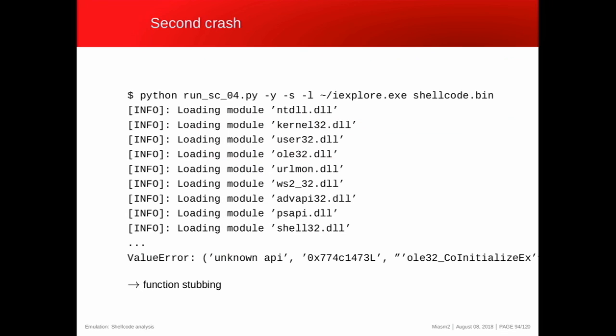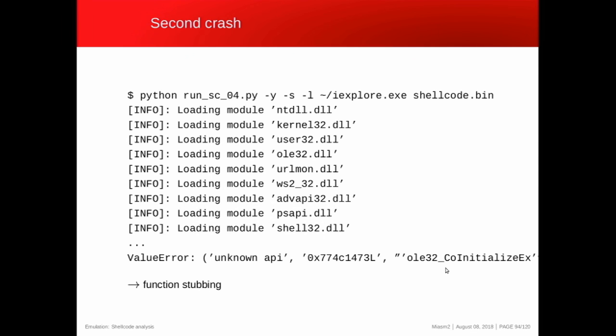So using that, we'll run the code, and when Miasm loads the DLL and creates structures, it will create a fake address for each of the APIs. And if the code is trying to call one of these APIs, it will break on it and say, okay, this code is trying to call